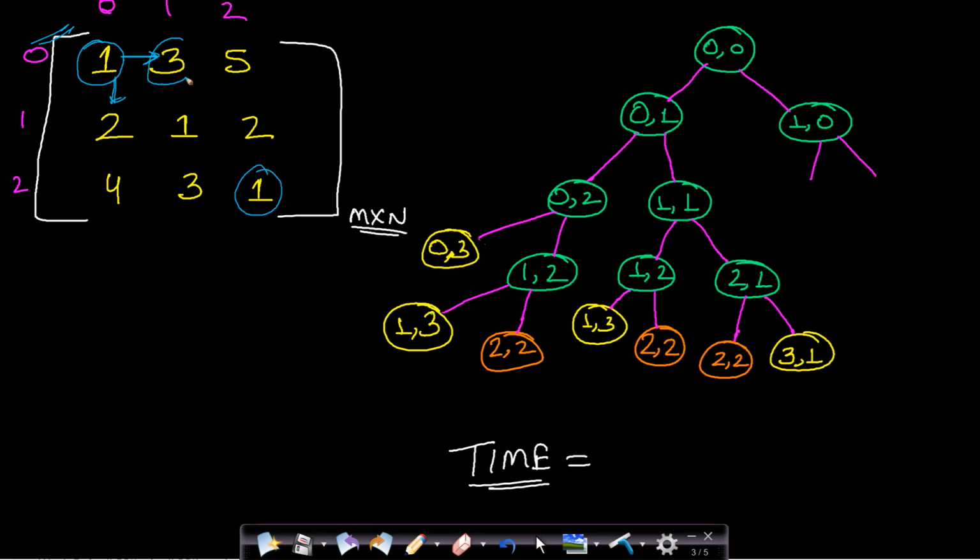Now when we are at this 3, we will again make a call to the right-hand side, and again make a call down. In this way, we will get a tree structure as I have already drawn here. This is not a complete structure, but it will look similar. As soon as we hit a leaf node, the values will get returned, and finally whatever gets returned at 0 comma 0, that is at this point, will be the minimum path length from 0 0 to 2 2. So writing this recursive code is actually pretty simple.